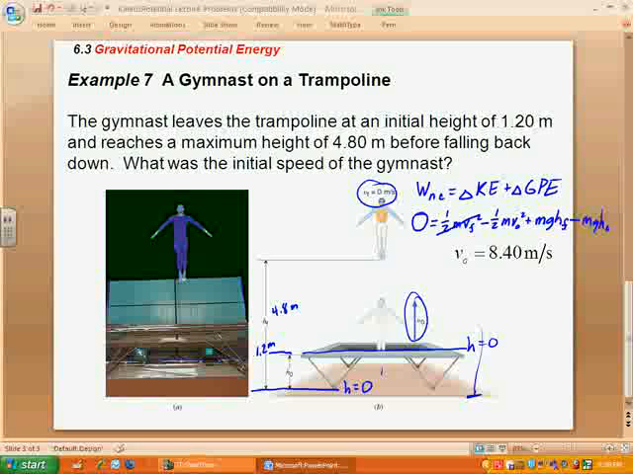So let's go ahead and plug that into our calculator. Let's take these two and move them to the other side. So negative 9.81 times 4.8, because it's going to subtract when it goes to the other side, plus 9.81 times 1.2, because this is going to add when it goes to the other side. So I've now moved them both over. We can now divide by negative 1/2, and then take the square root. And thank heavens we get the right answer, which is the one that was already on there, 8.4 meters per